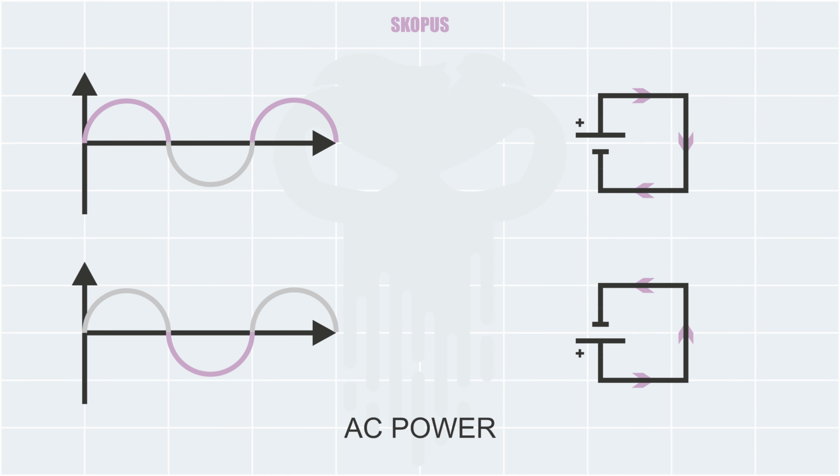As we said before, AC power changes its polarity over time, and this changing polarity over time means that the flow of electricity changes direction with that changing polarity. For example, if we consider the upper side of our waveform, we can see that the positive side is on the upper side, and again electricity flows from the positive side to the negative side. But if we consider the lower side of our waveform, electricity flows from the positive side, which this time is the lower side of our circuit, and goes to the negative side. As you can see, the direction of flow of electricity has changed, and the current in our circuit is changing its direction with our waveform.